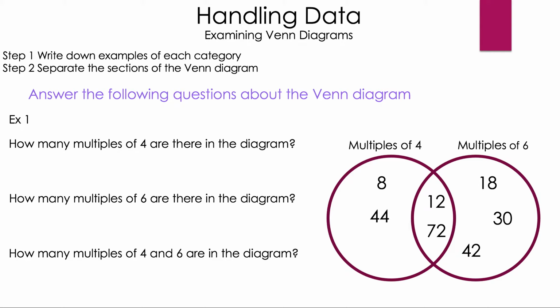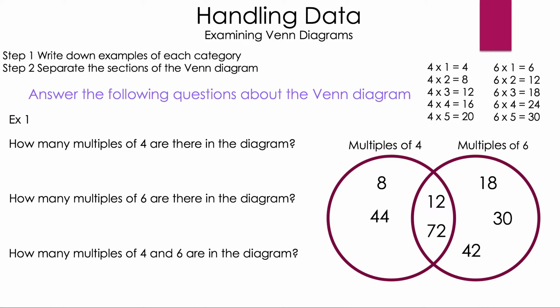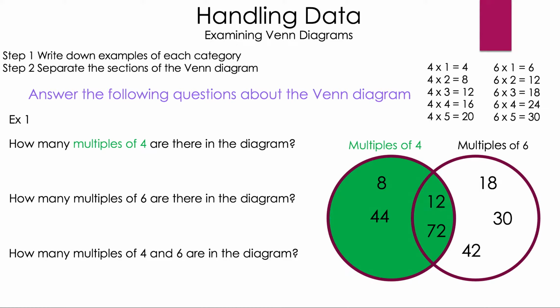So example 1, the first question, how many multiples of 4 are there? First things first, let's go ahead and write down the multiples of 4 and multiples of 6 just to be sure. And next step, we're going to highlight multiples of 4 since that is the key word in that question. So everything in that circle that is green is a multiple of 4. So let's go ahead and write them down. And now we have, and if you count them, you know that there are 4 numbers, and that is your